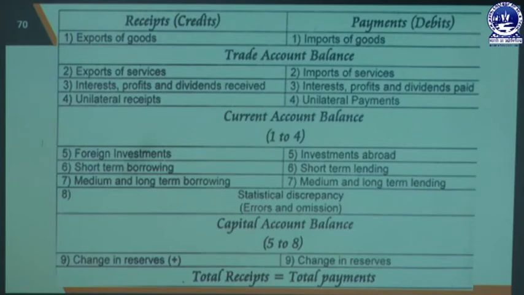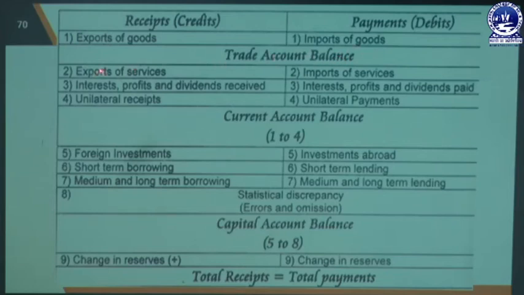This is a statement of receipts and payments of the balance of payments, which includes export of goods, which comes under the receipts or credit side. That means for exporting goods and services, we receive from foreign countries, and all the receipts are maintained on the credit side. For import of goods and services, the country pays to the foreign country, and these payments are recorded on the debit side of the balance of payments. The balancing of all the exports and imports of goods is known as our trade account balance, or trade account.